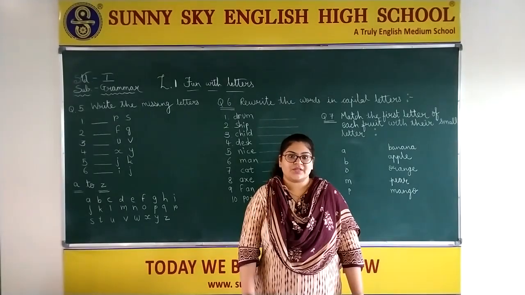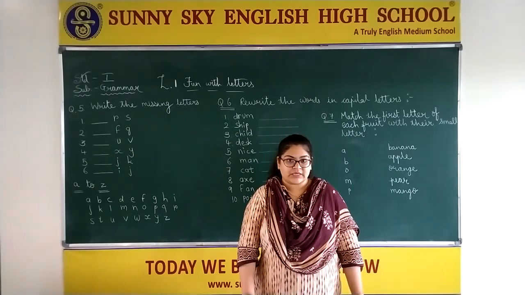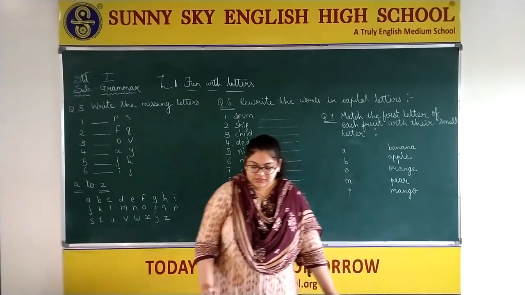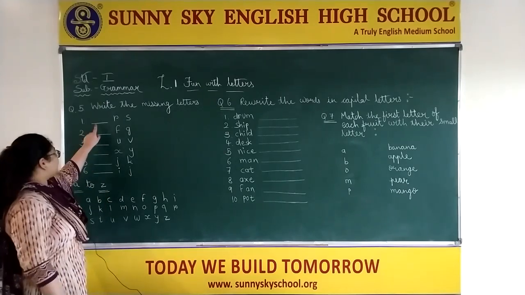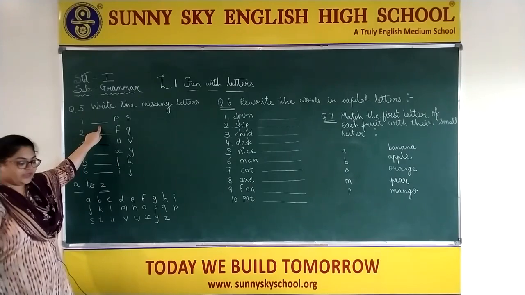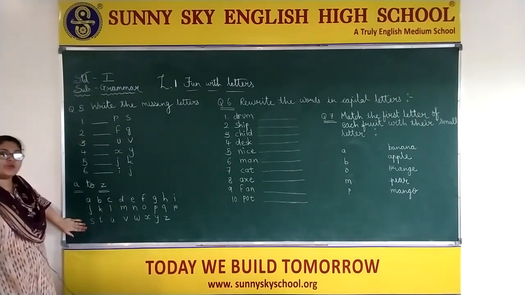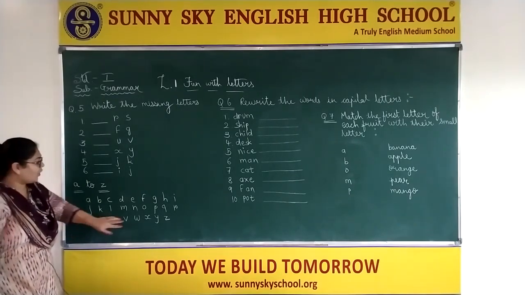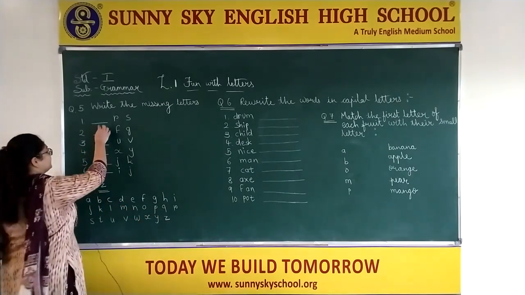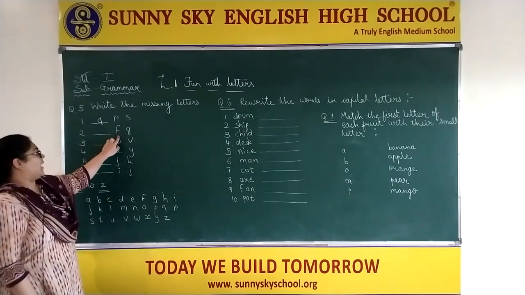So our next question is question number 5, missing letters. We have already learned how to write missing letters in between. Now we have to write missing letters before. See here. Here dash R S. Now we have to write here the letter that comes before. What will come before R? See, here I have written ABCD for you. Yes, here it is Q. So we will write here Q.